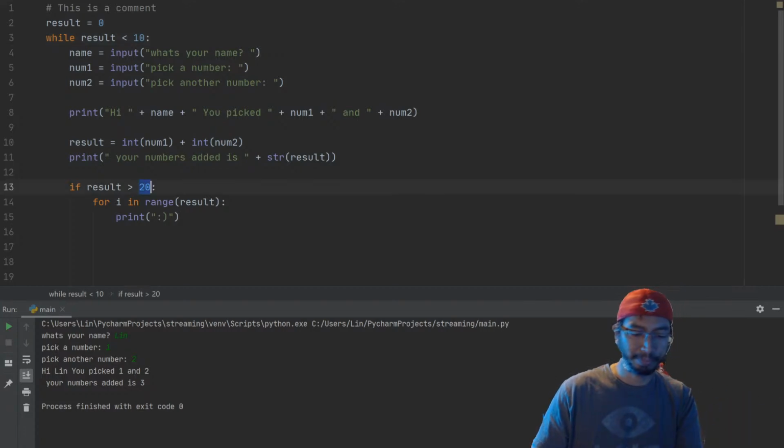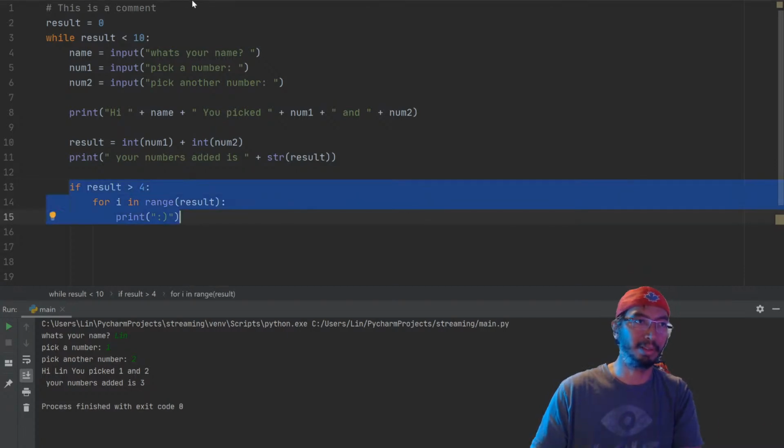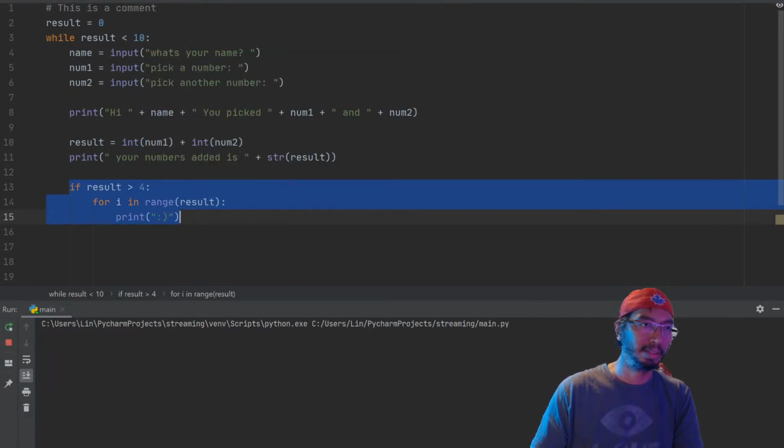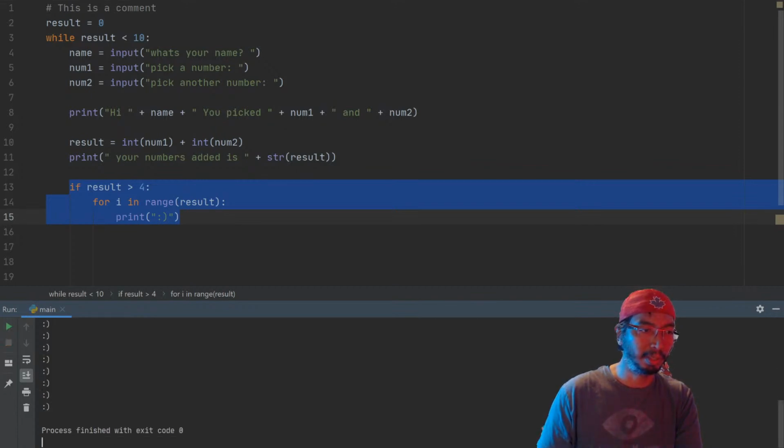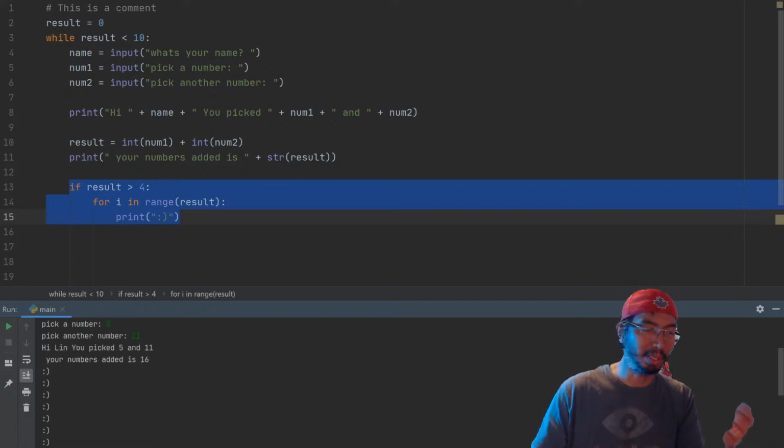So actually, you know what? Let's change that, because if we look at the logical thing here, this will never get printed, because if it's lower than 10, it's going to do that, and if it's greater than 10, it's going to stop and it'll never get to this part. So that's part of, let me put here, so if it's lower than 10, it's going to ask me again. Now if I put, it stops that and prints